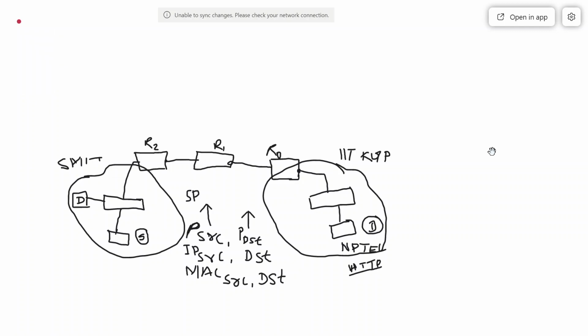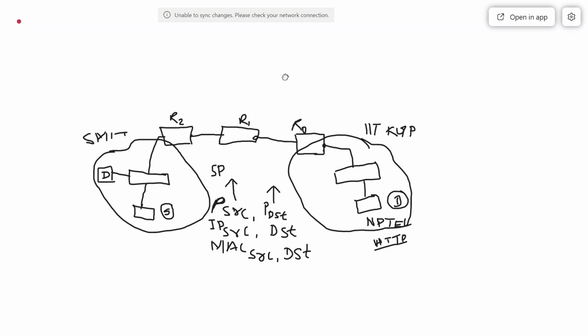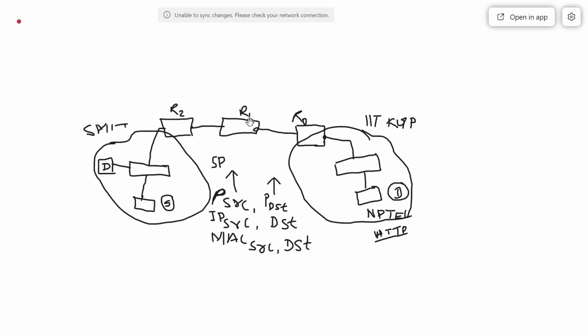Urgen, can you explain what is the scenario that is given and what would be the source port number? So here, for smooth communication of transferring the packets, we usually require 6 addresses, as you can see. Since it is a source, we know the MAC address, IP address, and the port number maybe 80. Source port number? Yes, source port number 80. Then what will be the destination port number?